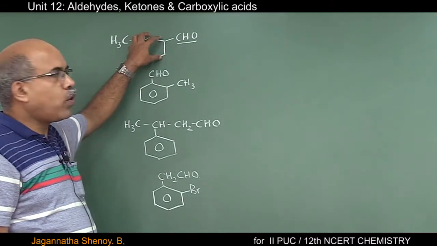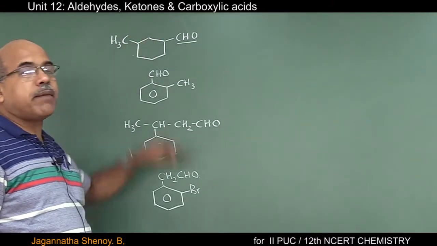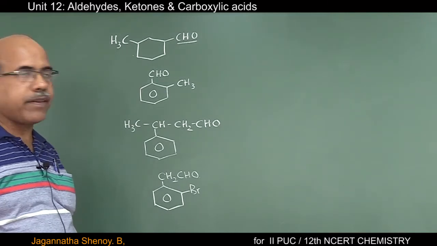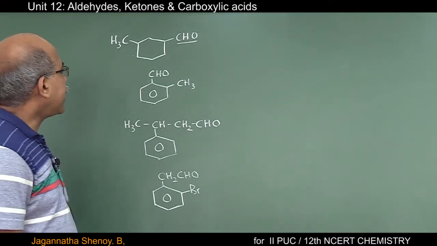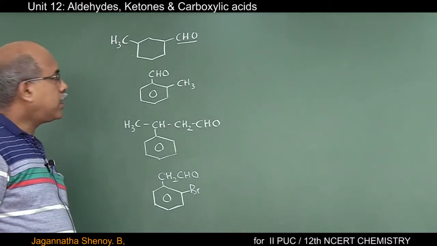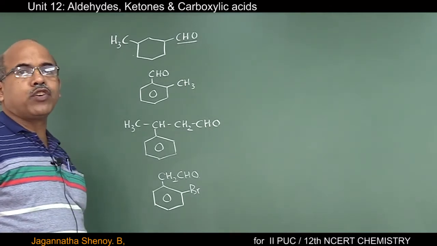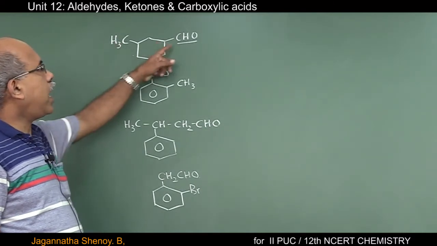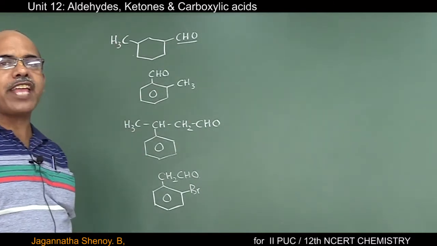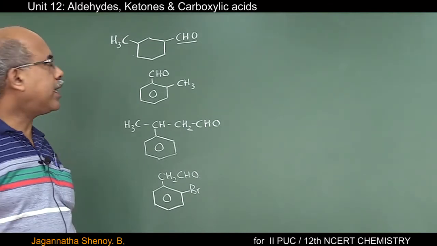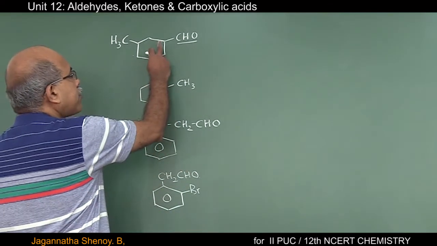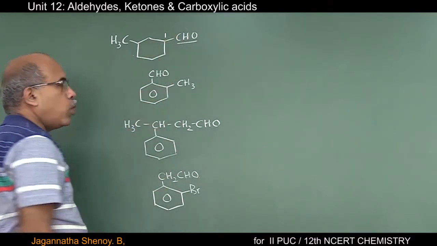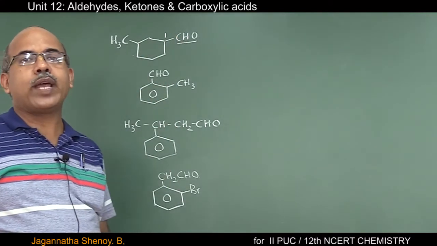So this is cyclohexane. Then go on numbering the carbon atoms of the cyclohexane ring to indicate the position of the principal functional group and the side chain. You know, between CH3 and CHO, CHO gets the priority. That is why the carbon atom of cyclohexane carrying the principal functional group CHO should be given the lowest number 1.